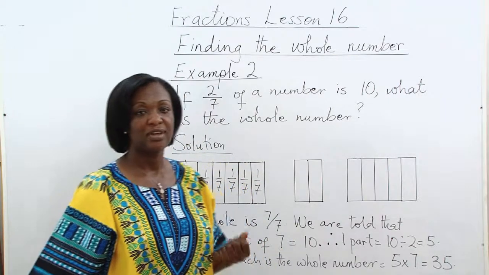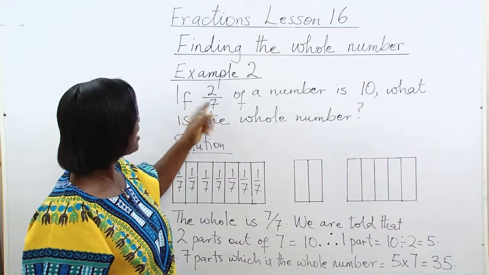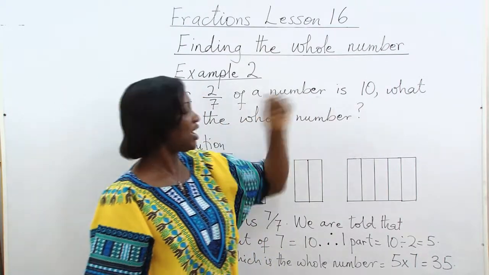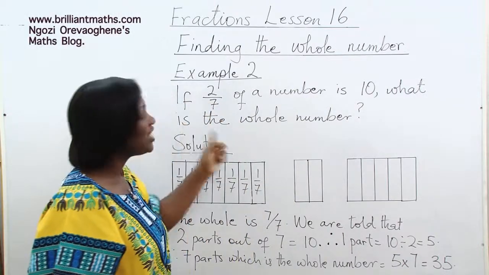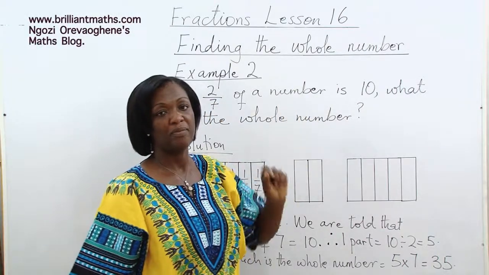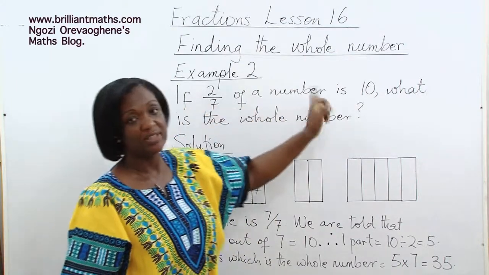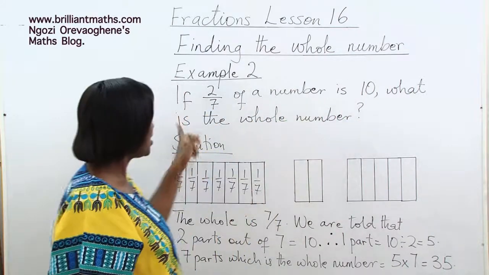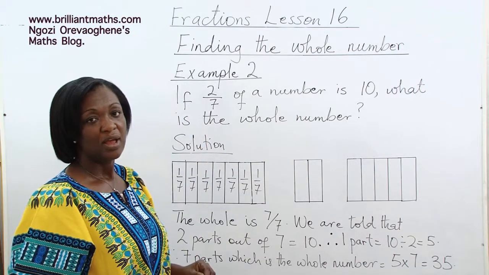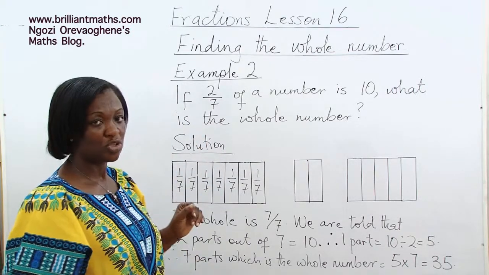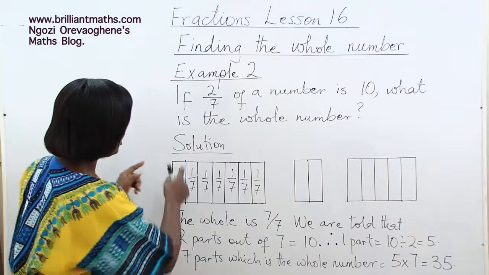Example 2. If 2/7 of a number is 10, what is the whole number? Let's use a diagram again to illustrate. This is the whole,